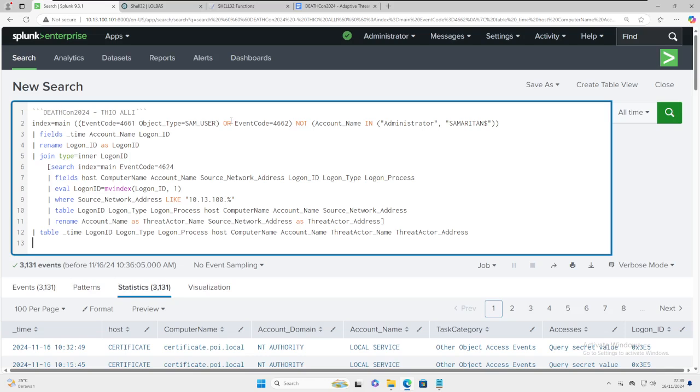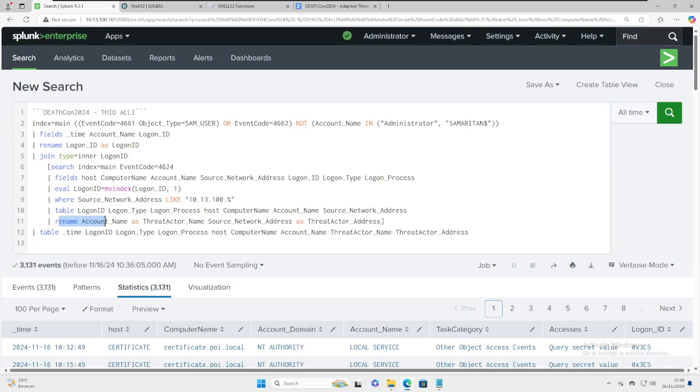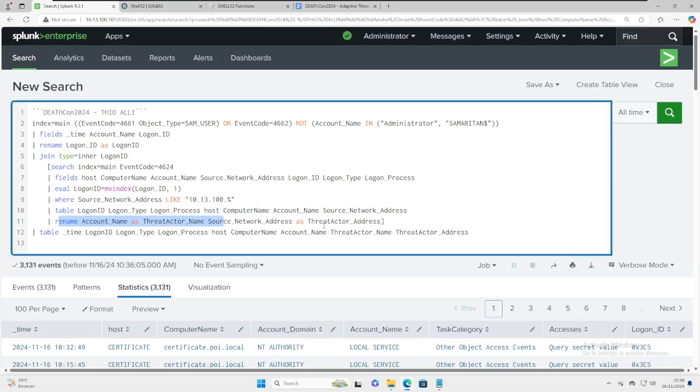We will rename the fields with other names so they do not collide with the previous search. The field we will rename is the account name to threat actor name, and then the source network address to threat actor address.